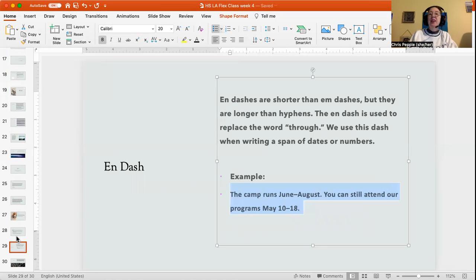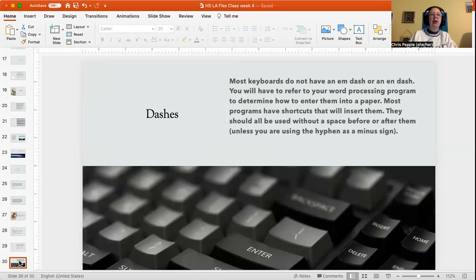So you have three dashes: hyphen, M dash, and N dash. It really does matter. Okay. Most people, your common readers, won't know if you use the wrong one. But a professor, a teacher will know and will take off points if you use the wrong dash. Now, here's the thing: people who made keyboards, what were they thinking? They didn't know the difference either. They put that minus sign and said, use that as a dash.